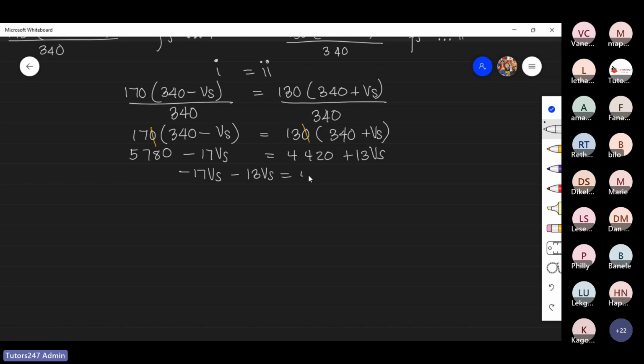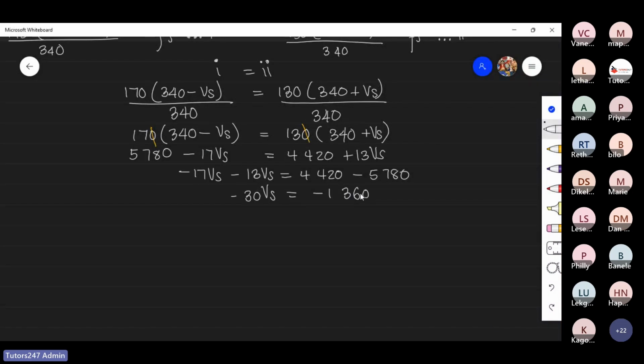Now on the right, I have 4,420. When I move 5,780 to the right, that is going to become negative 5,780. Okay. From that point, I can now add up my like terms. So negative 13 minus 17 is going to give us negative 30 VS. From there, I can add up my right-hand side, which is 4,420 minus 5,780. And that is then going to give us negative